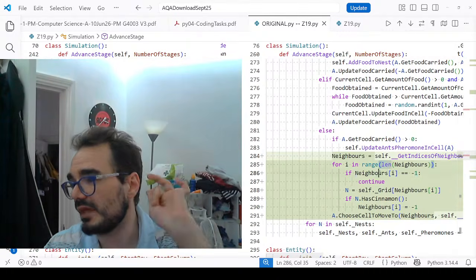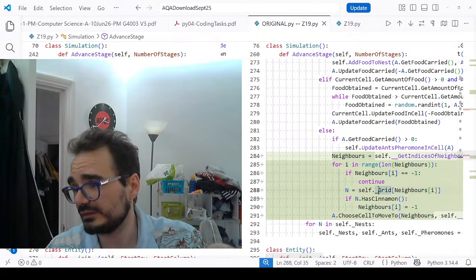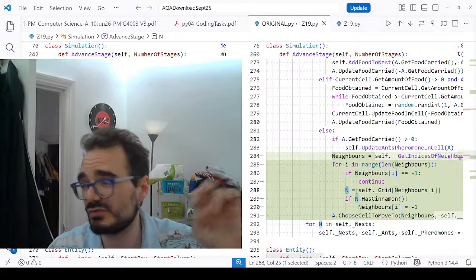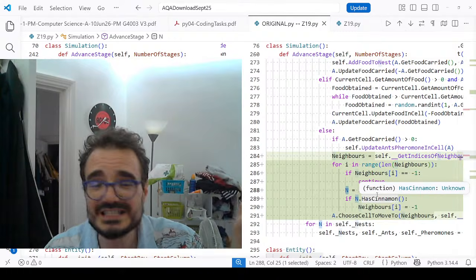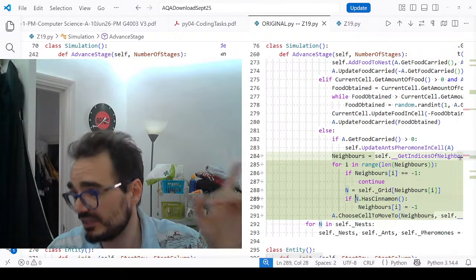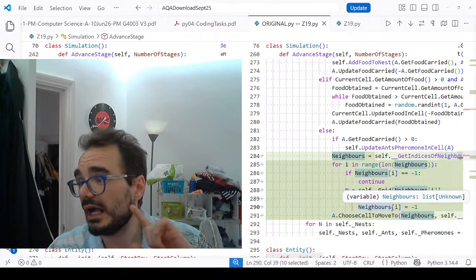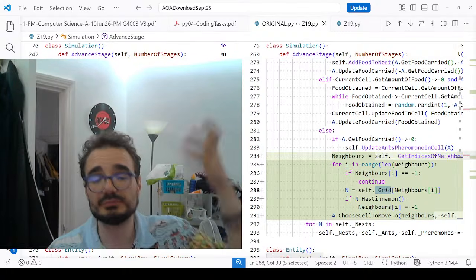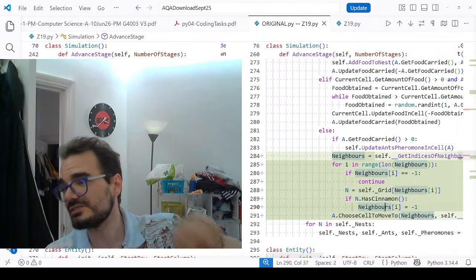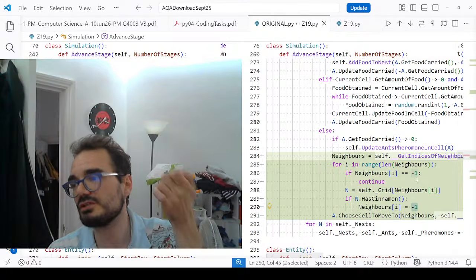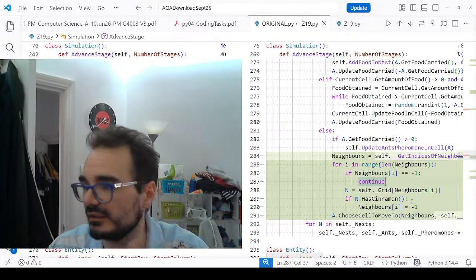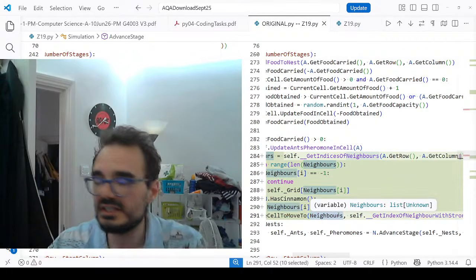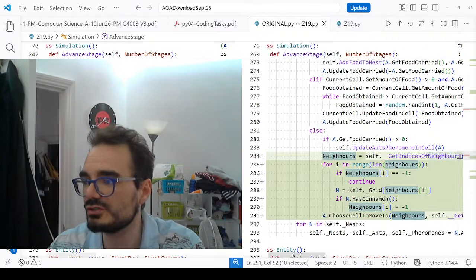So if it's not an excluded cell, we're getting the cell object. This n for neighborhood could really be called c or cell, and if it has cinnamon, at this location in the list, well, there used to be the index that we got from the grid to get the cell object. At this location in the list, we write a -1 to indicate this is not a valid cell. And finally, we just pass on that slightly doctored list of neighbors to choose cell to move to,